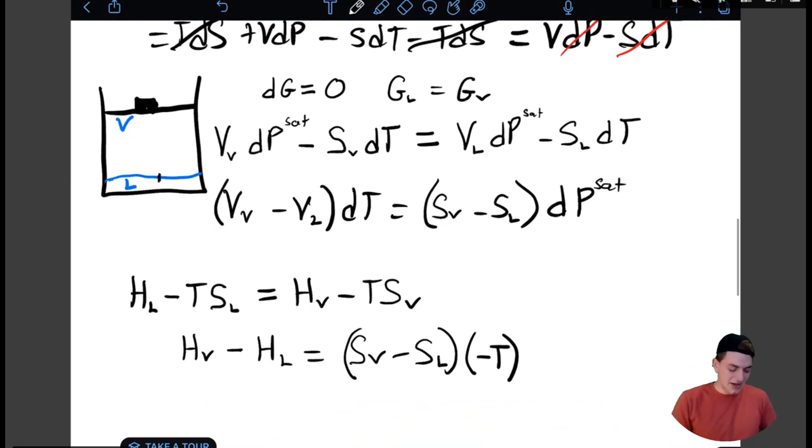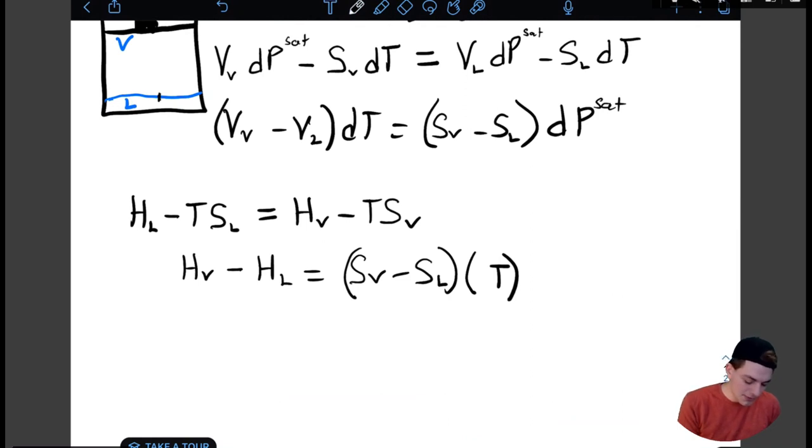Let me make sure I did that algebra correctly, because I did switch sides of the equation as well. Yes, I think I did that correctly. Except the temperature, if I'm putting a negative here, then the temperature sign should become positive. So then,